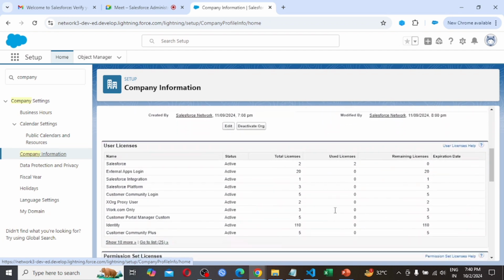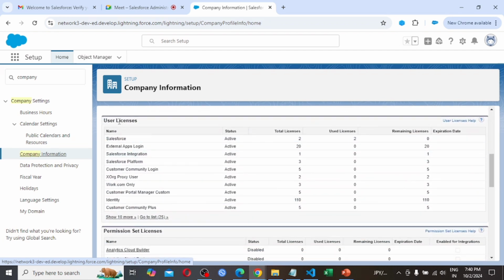Coming to user licenses, Salesforce: total licenses 2, used licenses 2, and remaining licenses 0. As we are using both the licenses, there is no remaining license. I can't create a user using a Salesforce license anymore. If I need to create a user, I can do so while taking the next licenses.